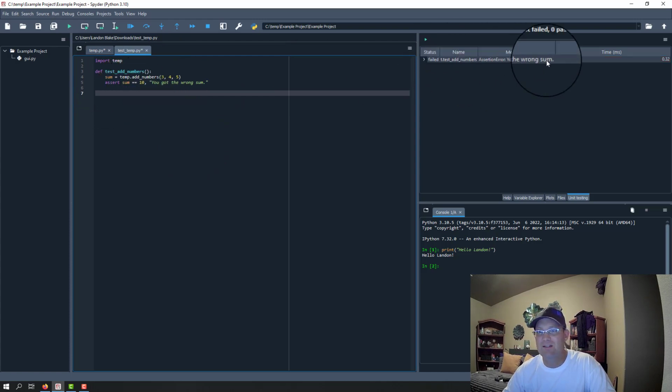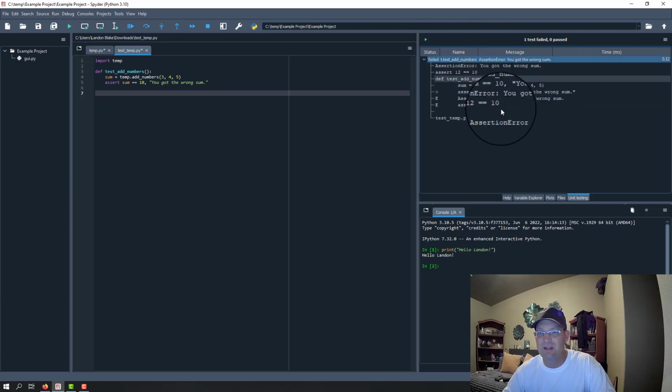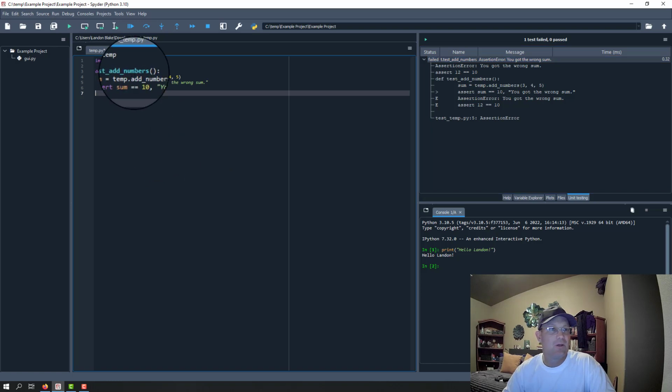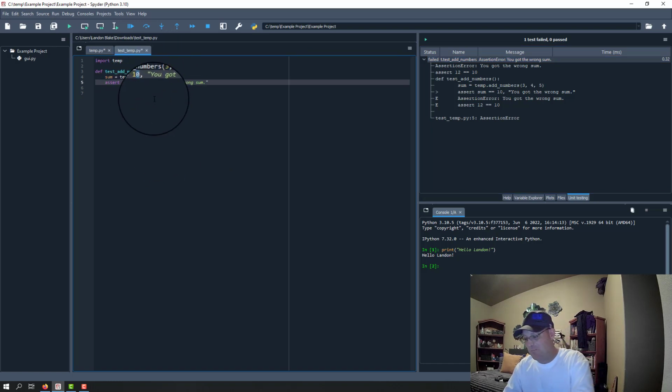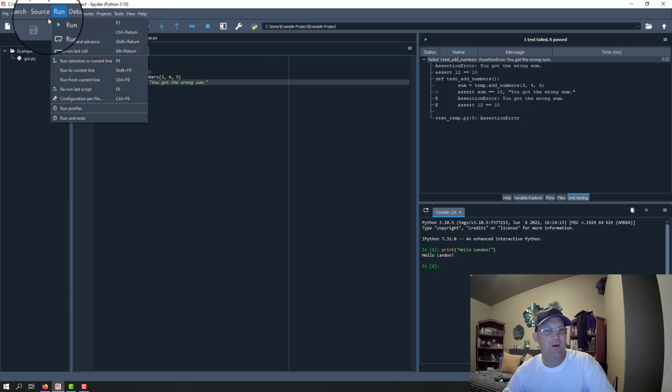So when I run the test, I get a message that fails here. I get a test that fails. Okay, and it shows up red, and it gives you the test output here. Okay, so let's just change this to a test that passes. So I'm going to make that 12. And we'll save this, and now we're going to run